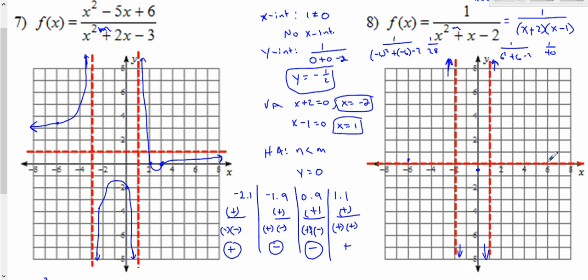Again, a very, very tiny positive number. What I need to understand is that is on top of the x-axis horizontal asymptote, which means I will go down and stay above the asymptote. The other thing is I have no x-intercept, so I know I'm not going to cross through the asymptote. Okay? So I go down,